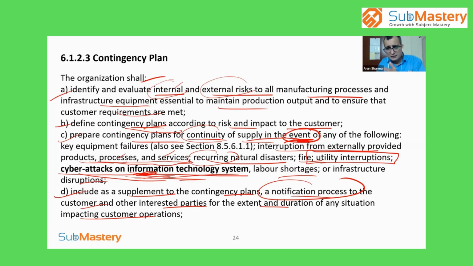or we are working on that, and this will take that much time. For example, you have one organization, they had a fire. I remember one company had a powder coating department, and it caught fire. They immediately informed the customer also that our powder coating plant has caught fire, and we may not be able to supply you metal for 2 to 3 days, but we are working with the other. We had this contingency where within a few hours we will tie up with some other supplier, and it may take a day or so, and we'll be producing, to make sure that your line is not halted for 2 to 3 days. It may be halted for 4 to 5 hours, or maybe a day.